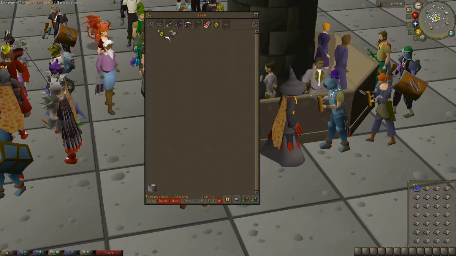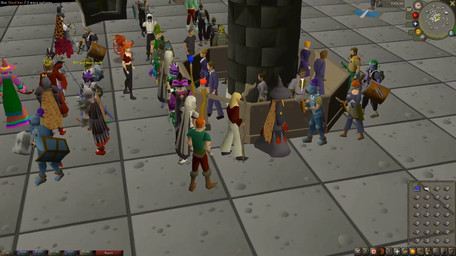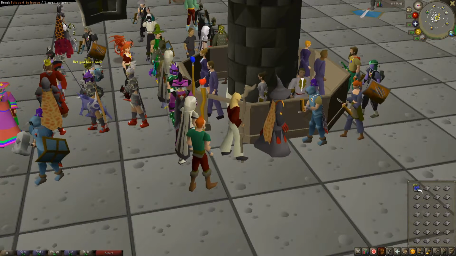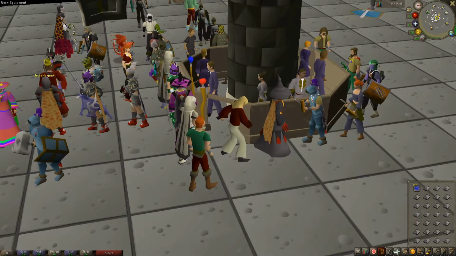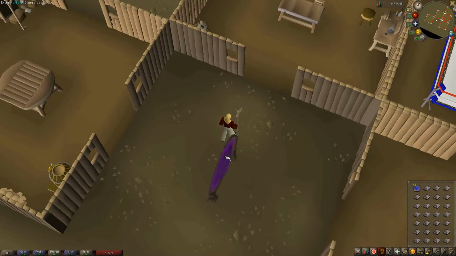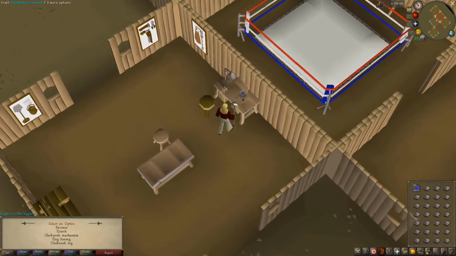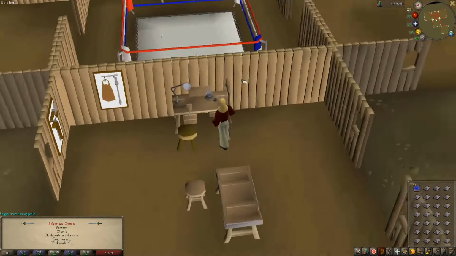Alright, so now we have our ring of dueling equipped, we have our steel bars in our inventory, and we also have our teleport to house tabs on. So all we're going to do is teleport to our house. I have it set up so I don't enter in build mode. That's actually fine. And then we're going to come over to the Clockmaker's bench, and this is why you need